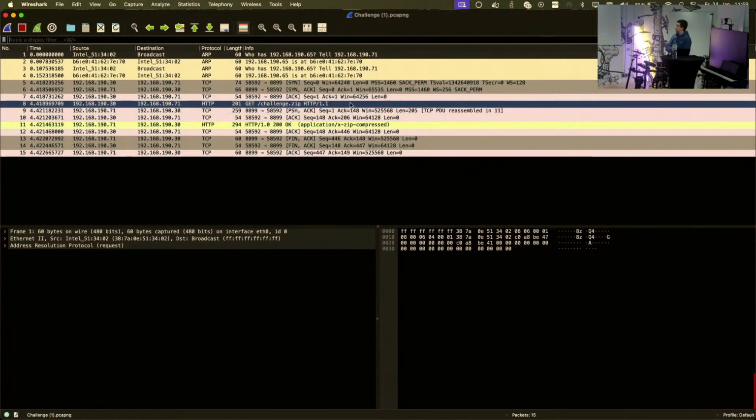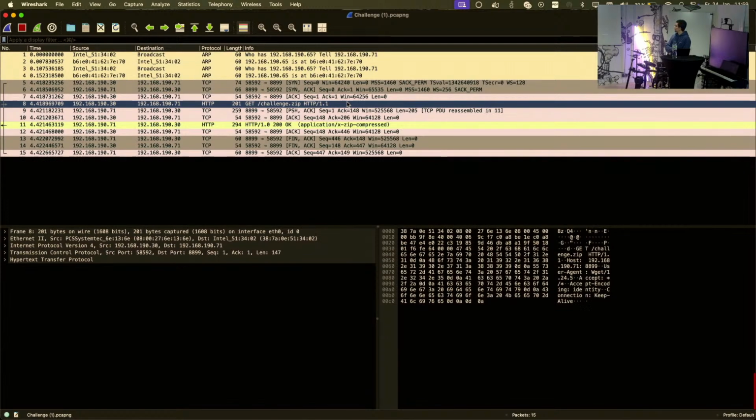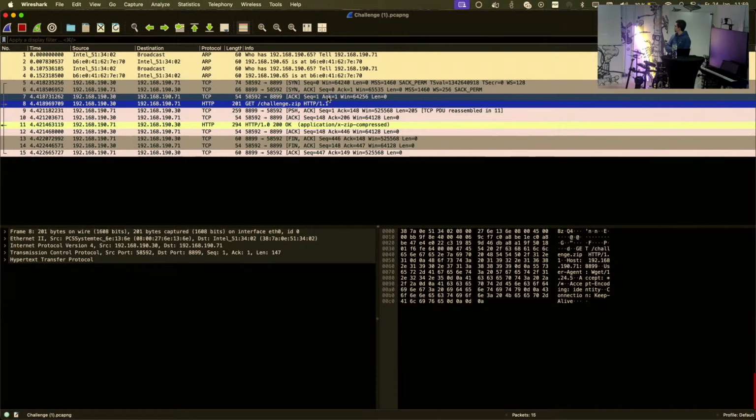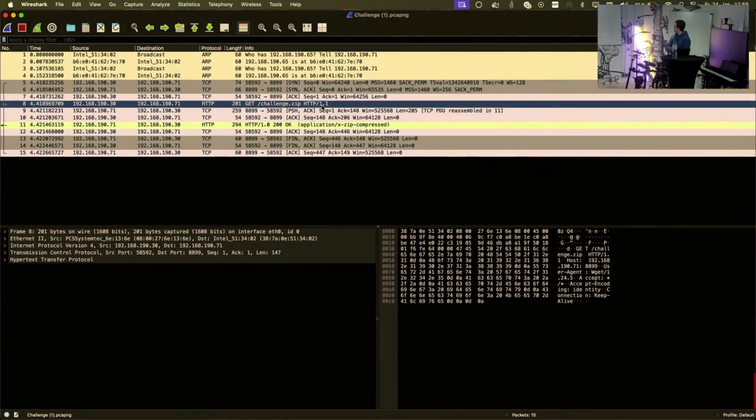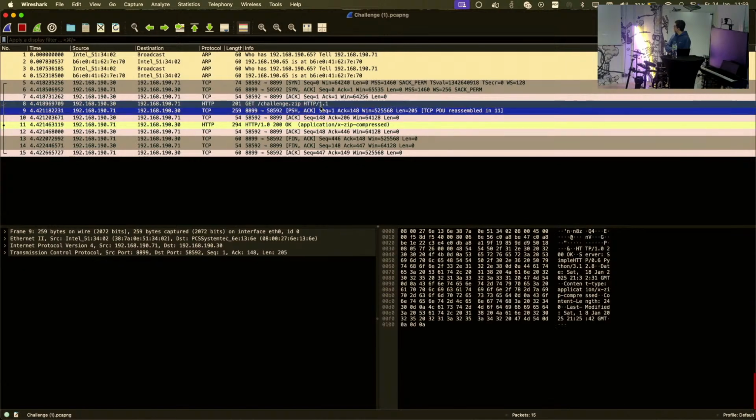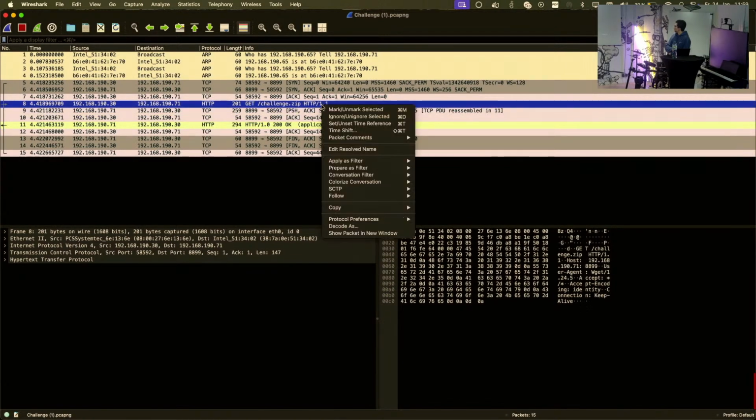Now, our task is to basically take this thing back and see what is going on there. Like, what is this challenge.zip file? To do this, there are multiple ways. One of the ways, which is the way we're going to explain today, is how to do it manually. So you're going to go to TCP here. No, not this. This. Let's follow the traffic. If we follow this here,